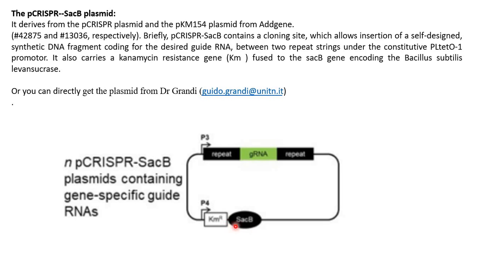Then it has the SACB gene. And what is this SACB gene? It encodes levansucrase. This enzyme converts sucrose to a toxic product. Okay, so if the bacteria, let's say if the bacteria is